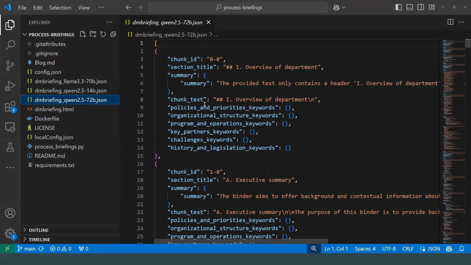So I went to my API provider, Nebius, and I tried the 70 billion Llama 3.3 and the 72 billion Qwen 2.5, and then I locally tried the 14 billion parameter Qwen. All of them improved performance. But the Qwen 2.5 72 billion version is so much better